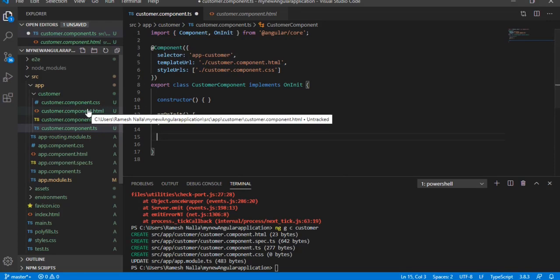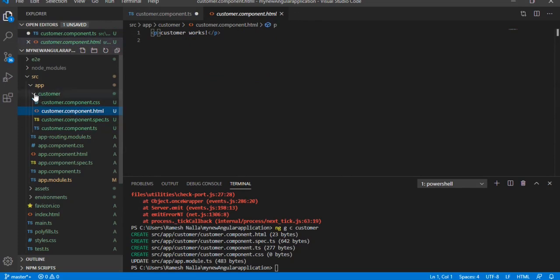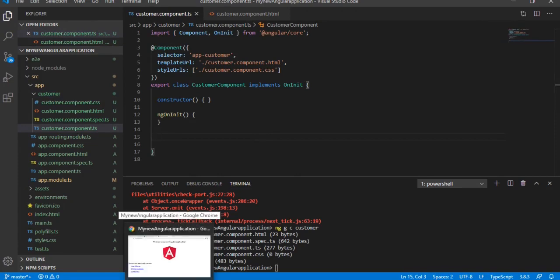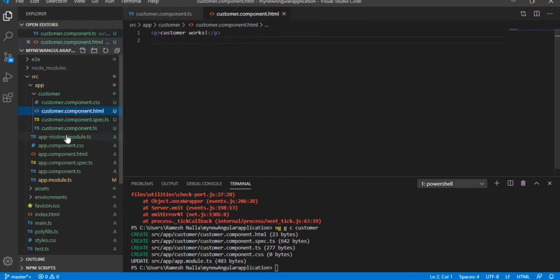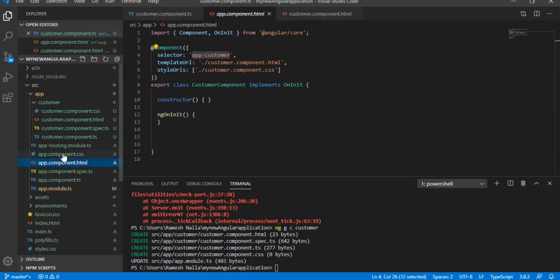Let's quickly create the customer details and save. We just created the component, customer.component.html. In customer.component.ts we have the selector app-customer, so go and add it in.